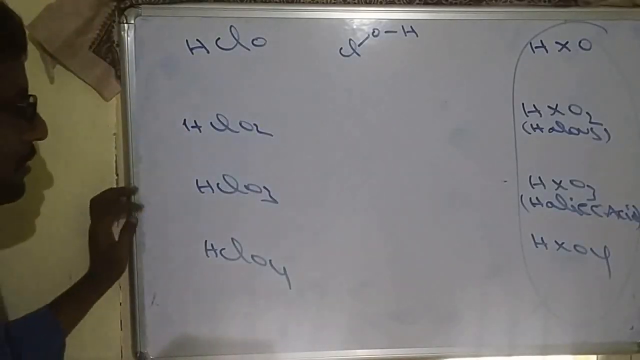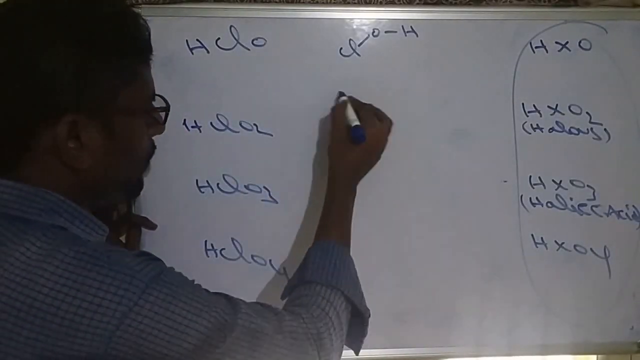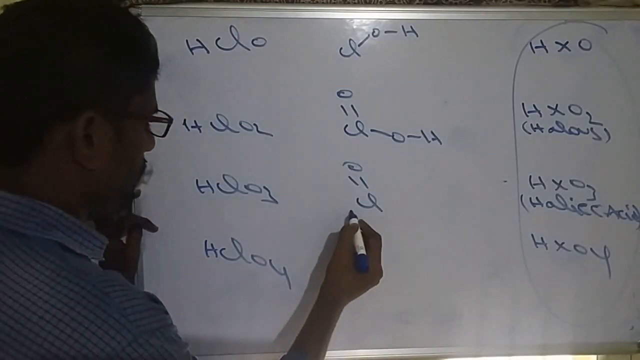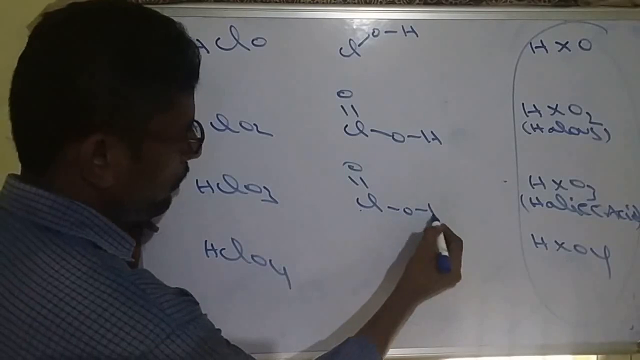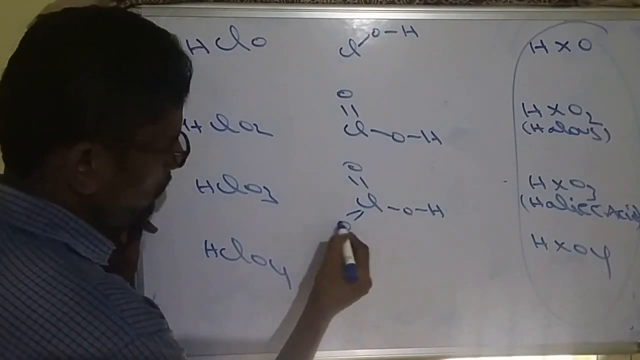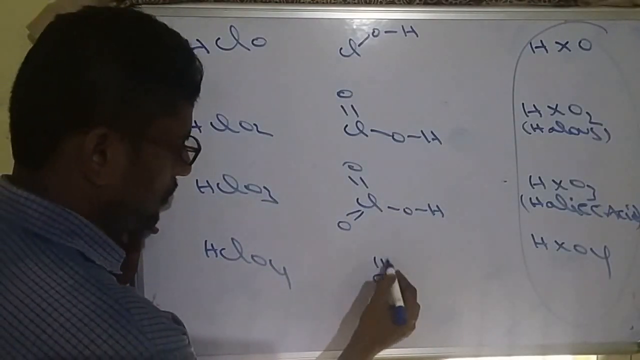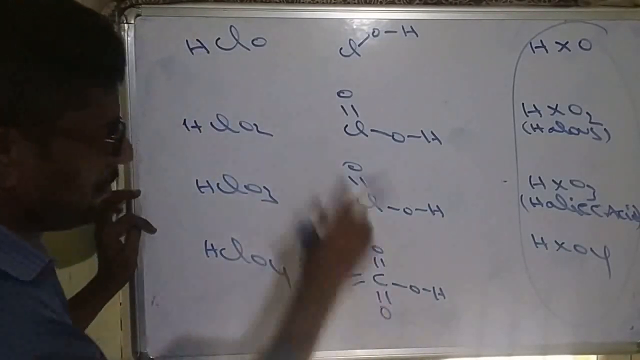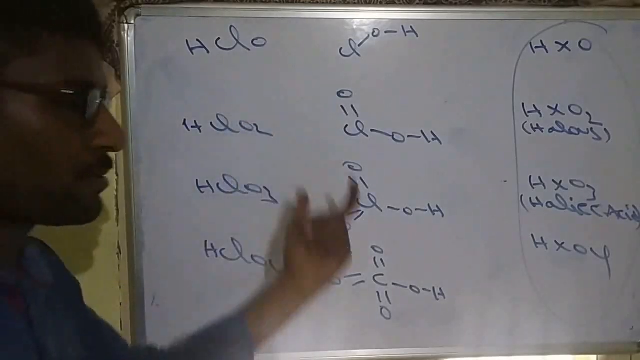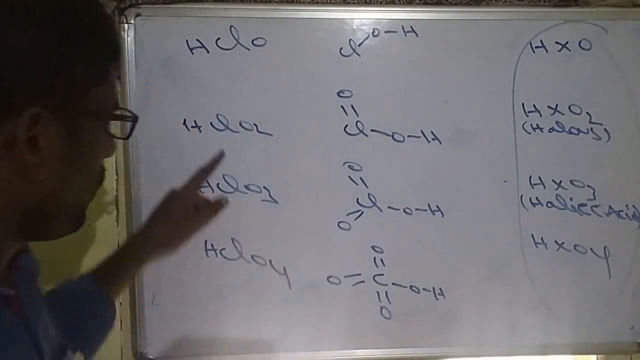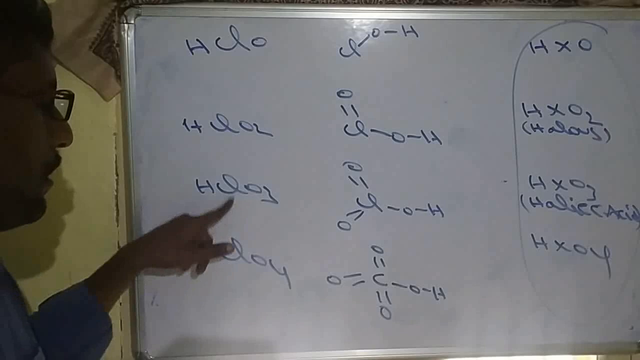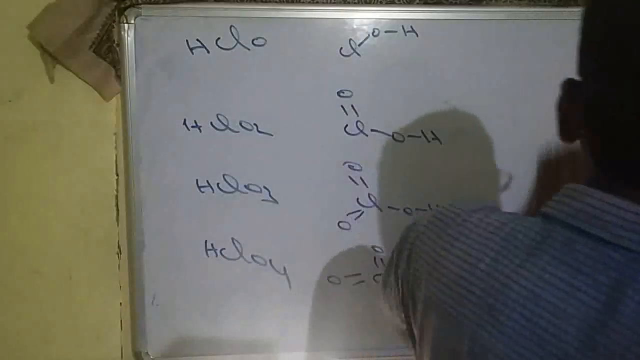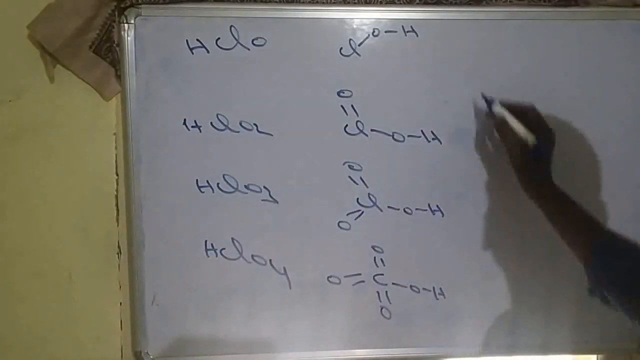That is the structure. In HClO2, Cl is the central atom, with a double bond oxygen and one OH. In HClO3, Cl has a double bond oxygen, one OH, and an extra oxygen, so we can write another double bond oxygen. In HClO4, Cl has OH and 3 double bonds. So these are the structures of oxoacids of halogens. The halogen can be bromine or iodine, whatever they give. The important thing here is the acidic character of these oxoacids. Remember,